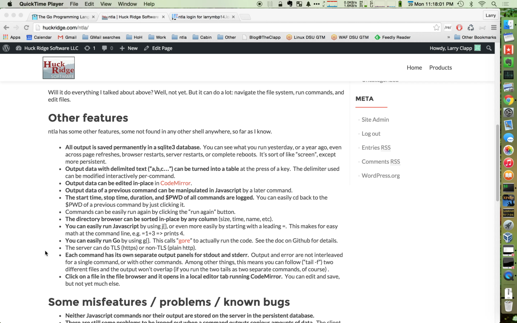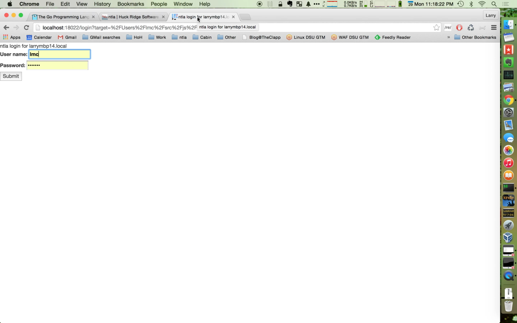Each command has its own separate output panel for standard out and standard error, so they're not interleaved. So you can run two different commands, and they'll each get their own output window. And you can click a file in the file browser. It opens a local editor tab running CodeMirror. You can edit and save, but frankly, not much else. So to demonstrate, I'm going to